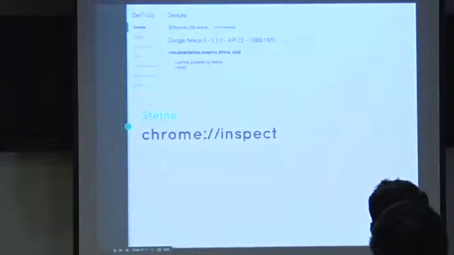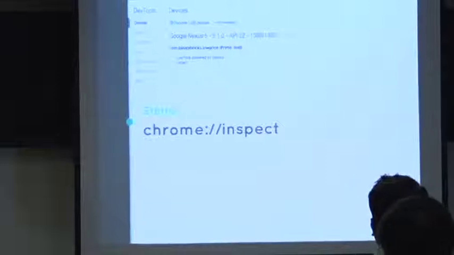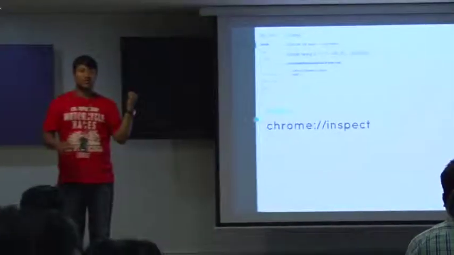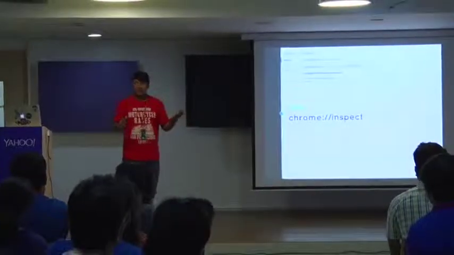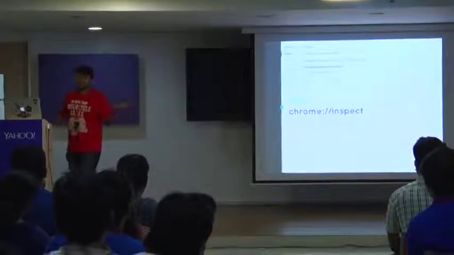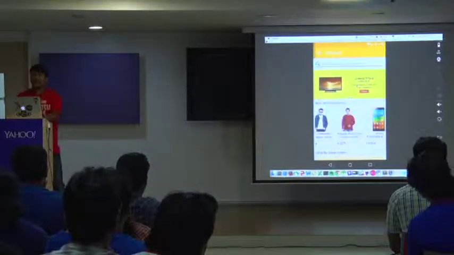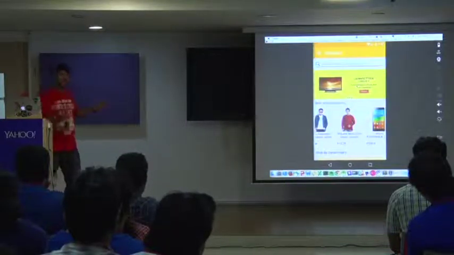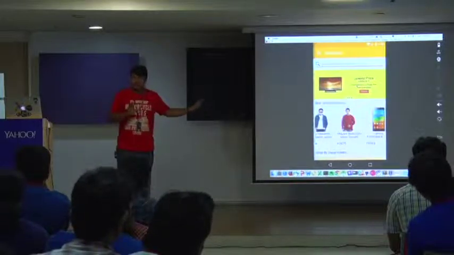If any one of you have debugged a Chrome web view inside 4.4 or above devices, this is the way where you can see the Chrome web view on Chrome Developer Tools and do all the things which you used to do with Chrome. Right? Same thing, all you need to say is Chrome inspect. Let's see. So this is my app, right? It's a price comparison app, like an e-commerce app. So I've enabled Stetho here.